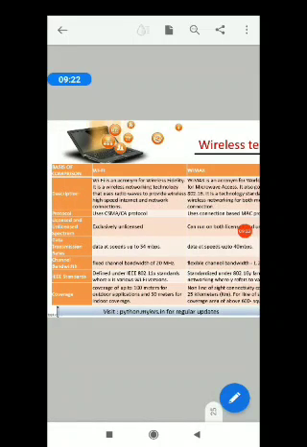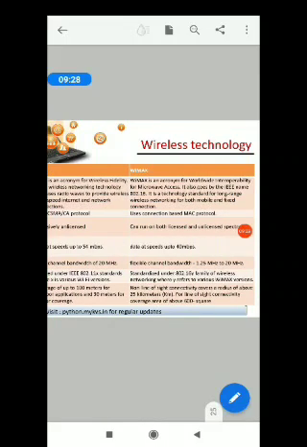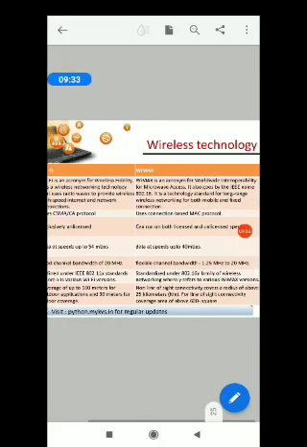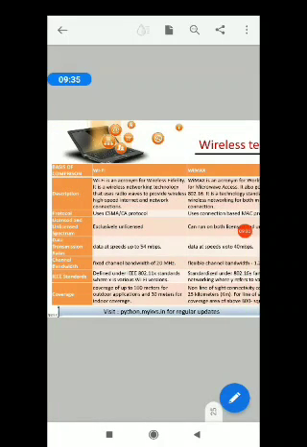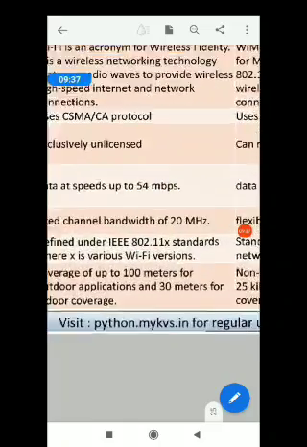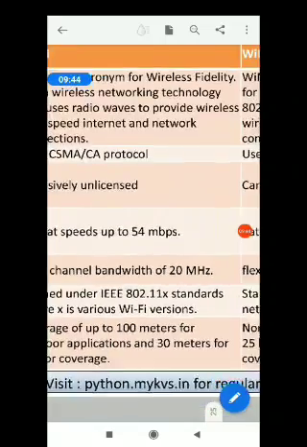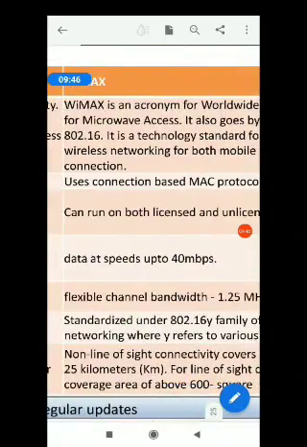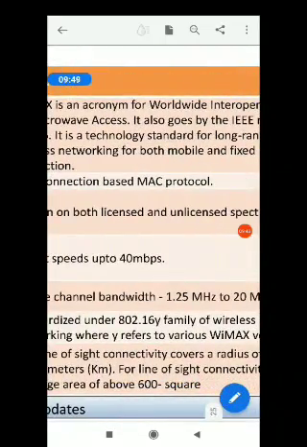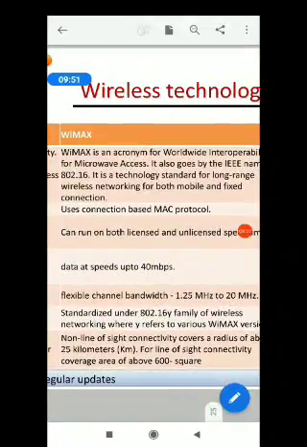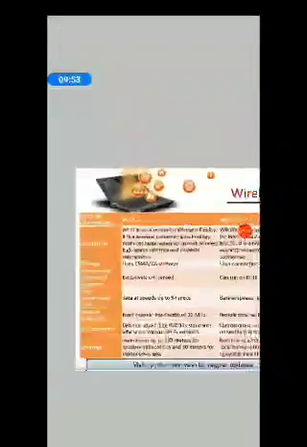Wi-Fi channel bandwidth is up to 20 MHz, whereas WiMAX ranges from 1.25 MHz to 20 MHz. The IEEE standard used is 802.11x in the case of Wi-Fi, and 802.16 for WiMAX, the family of wireless networking.